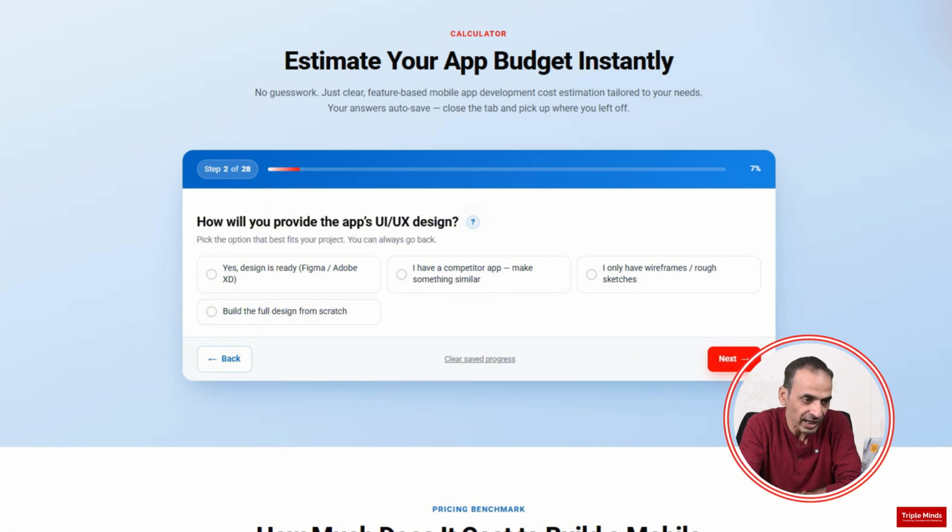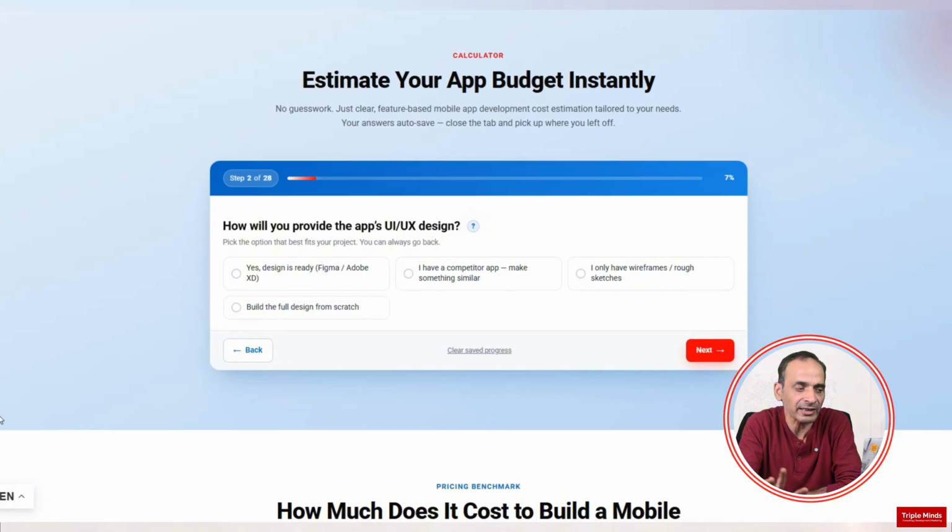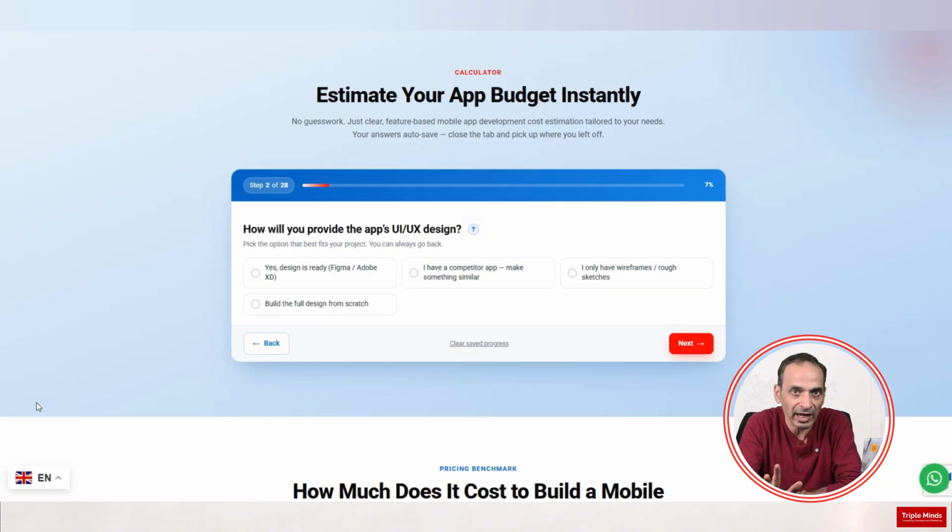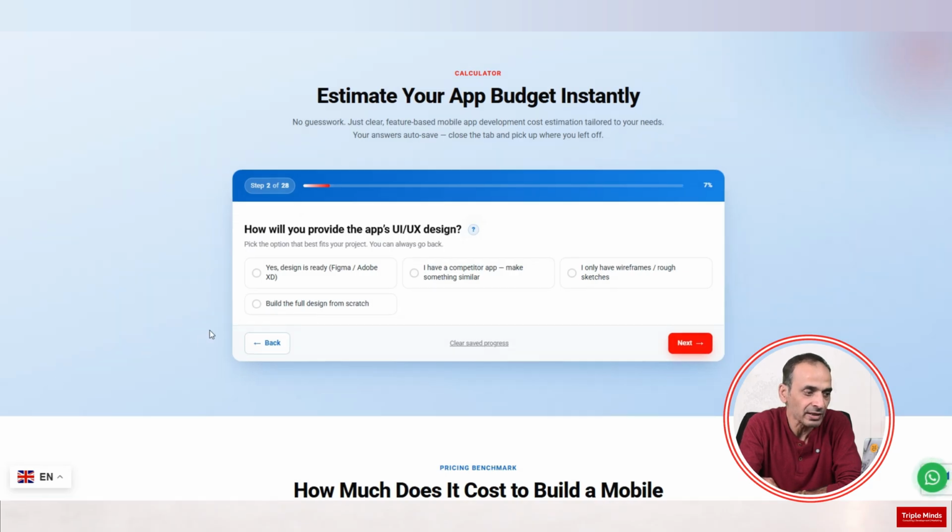Third is I only have wireframes, rough sketches which you have actually imagined on your paper and page, so you can show them. You can click if you have those. And fourth is build the full design from scratch. If you have nothing with you and you want an app to be developed, you can click this. Let's click build the full design from scratch. So here we clicked it, and we'll go to the next,